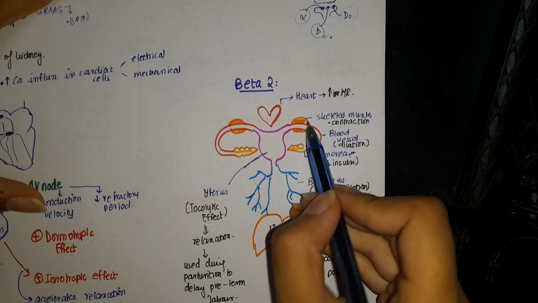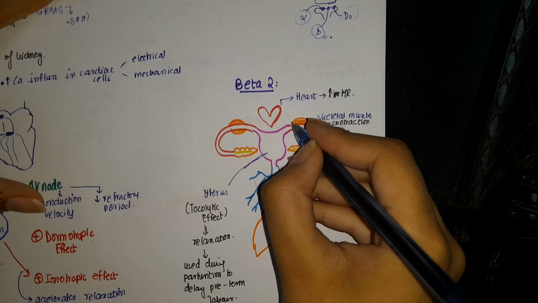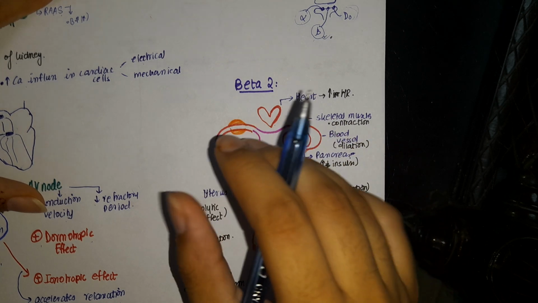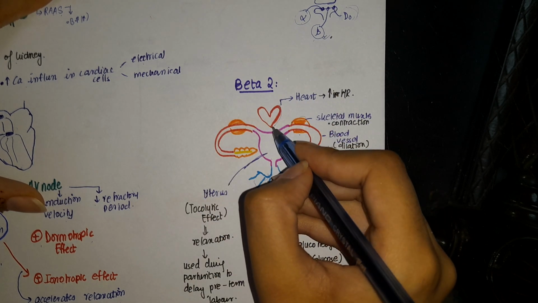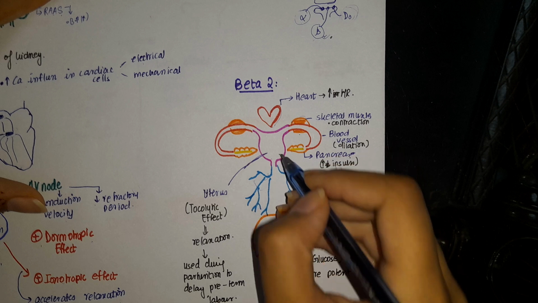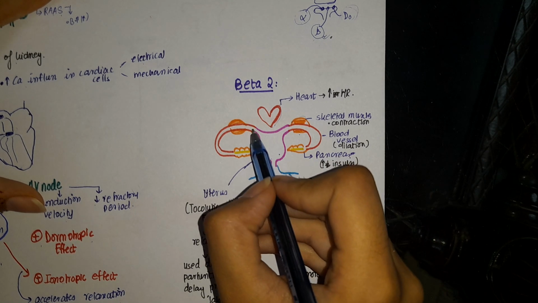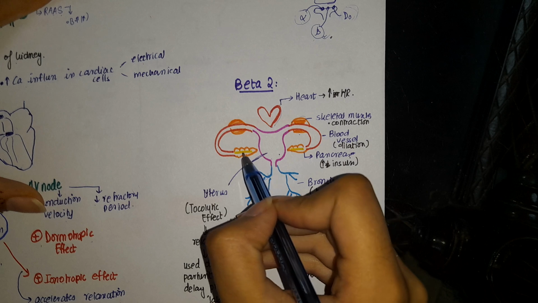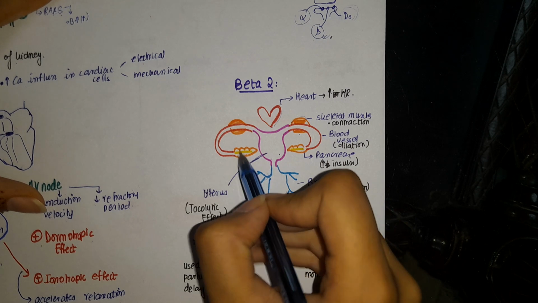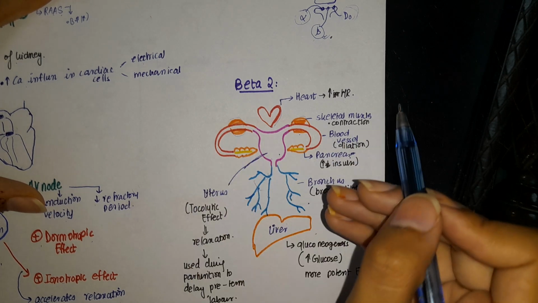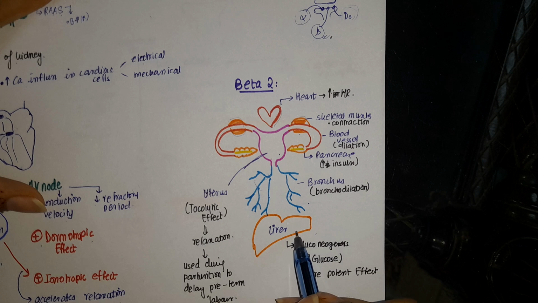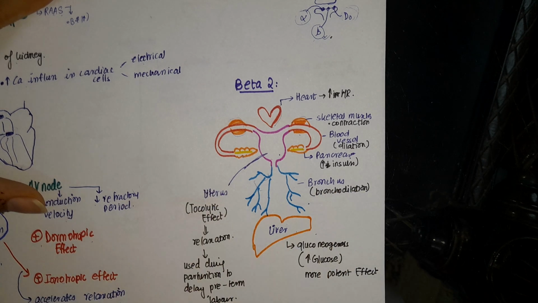And on the arms, what do you have? You have skeletal muscles. The man is having biceps. So the skeletal muscles. So your head is the heart. Body is the uterus. The feet are the bronchus. The arms are blood vessels. The hands are pancreas. The biceps, they are skeletal muscles. And the stone on which the man is standing is the liver. So if you remember this diagram, you will be done with the locations of the beta 2 receptors.